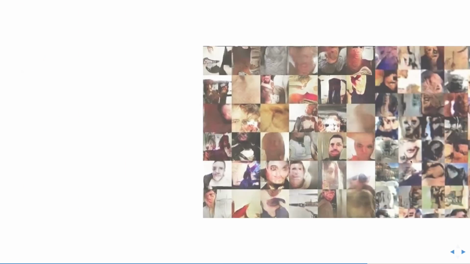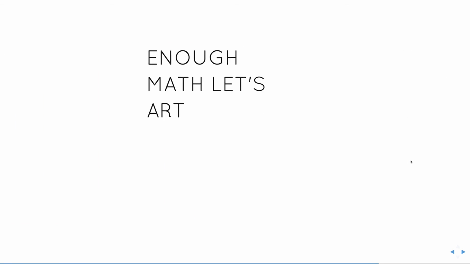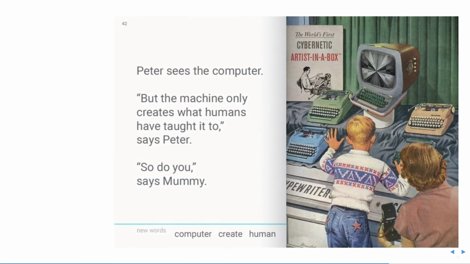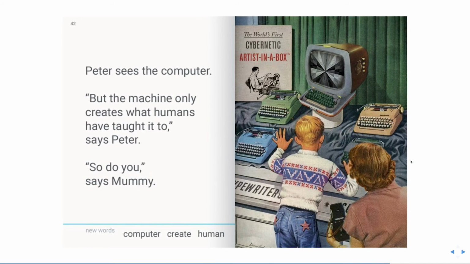I tried to do the same by scraping pretty much all of the users of Grindr, this dating app. I extracted all their faces and tried to generate virtual gay dudes in your area. They looked really horrible, but to be honest, they look pretty much like the ones you find on the app, so it's pretty nice. So let's see some more examples.